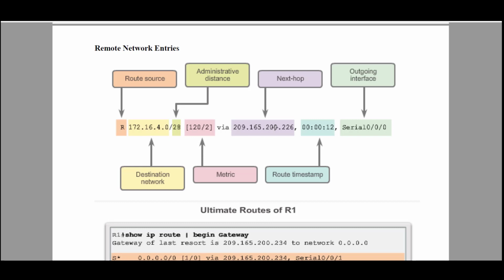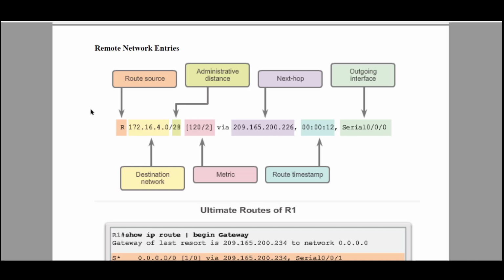In the static route, we created it like this: ip route, then the destination, then the subnet mask, then the next hop. So this is going to be the next hop, the next jump. If I want to go to 172.16.4.0, I want to make a jump to this particular IP address. Then the next one is the time, when this was created, that is called the timestamp. And finally, the name of the interface. You can give the name of the interface or you can use the IP address, as we did in the static route.